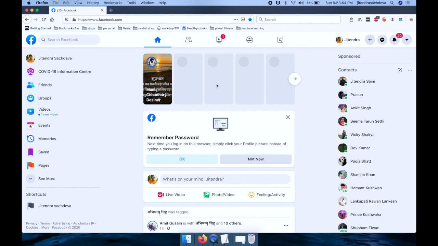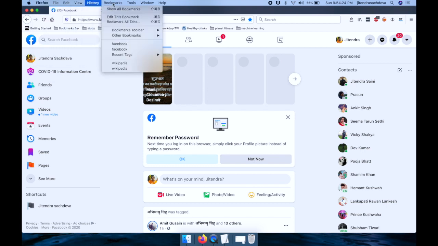So let's start with our third trick, which is helpful when your laptop is actually being used by other family members or your friends. You always want to make sure that your accounts, like Facebook and Gmail, are not accessible by them whenever they are using your laptop, right? So if you're using the Firefox browser, you can change the setting in Firefox to say, whenever I quit my Firefox browser, log me out from all the logged in sessions, right? So how can you do that?